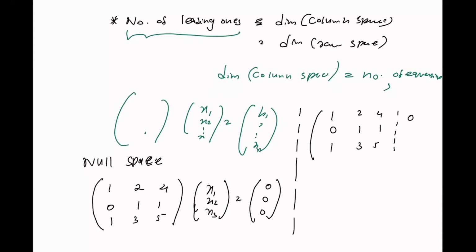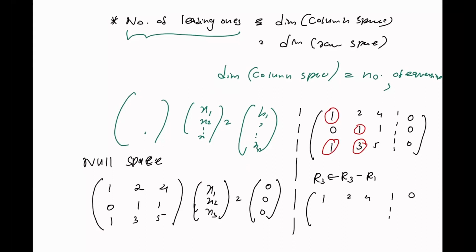5, and these are all zeros. You can easily see that this column has a leading one and this column has a leading one. The only things we need to remove are this 1 and this 3. So I'm going to replace R3 by subtracting R1 from it. Then I have 1 2 4, which is unchanged, 0 1 1, and this becomes 0, this becomes 1, this becomes 1, and this becomes 0,